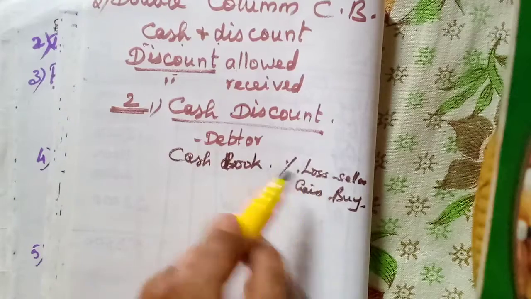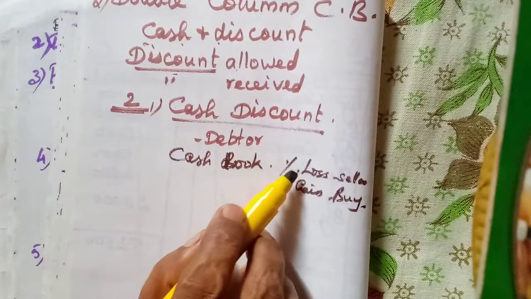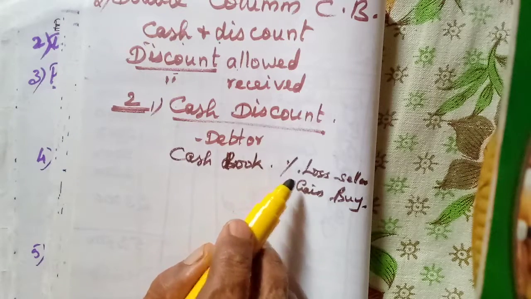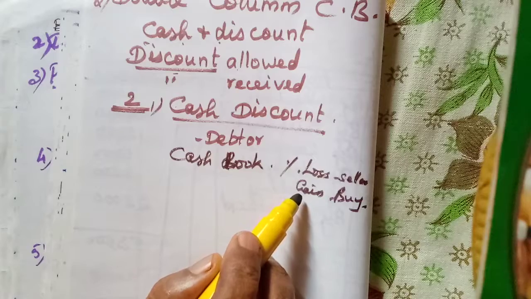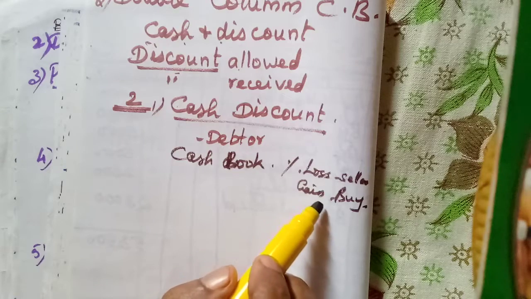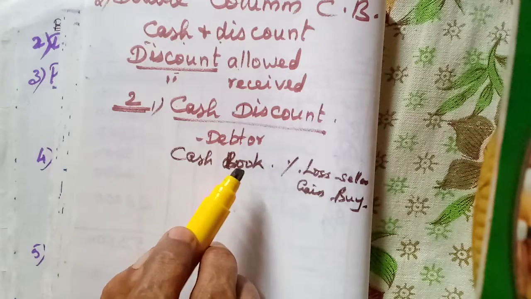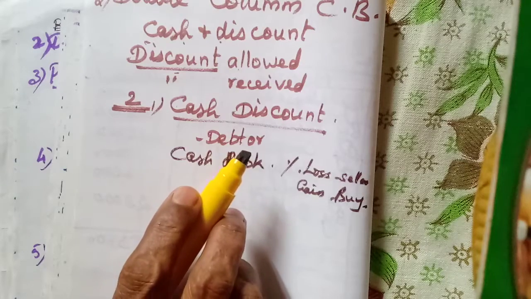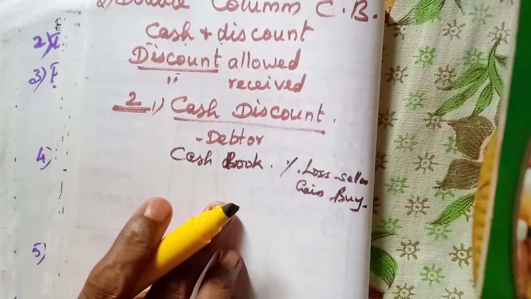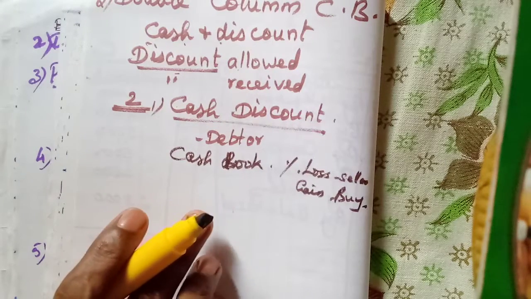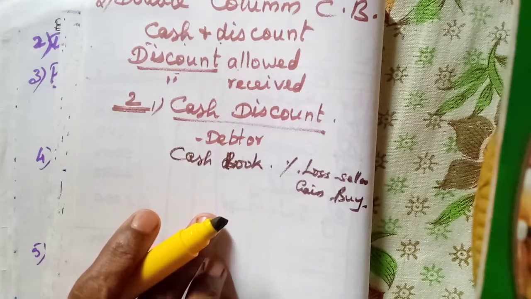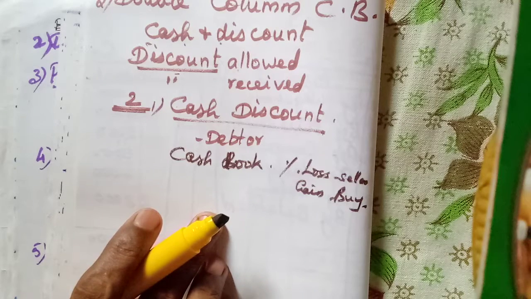That is why for the seller, he will show on the debit side of the cash book, because the loss will be debited, the gain or profit, income will be credited. So for the buyer it is a gain, so in his book he will show on the credit side. So for a business concern, they may sell many goods. For them they will allow discount, that is discount allowed. And when they make payment for the purchases that they have made, it is an income, so they will credit the income received from their creditors or from their sellers.